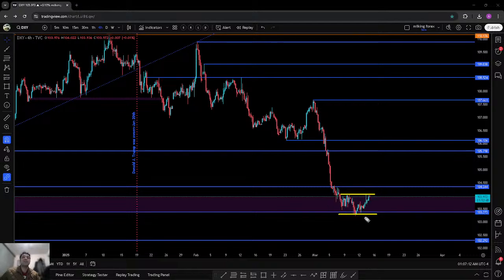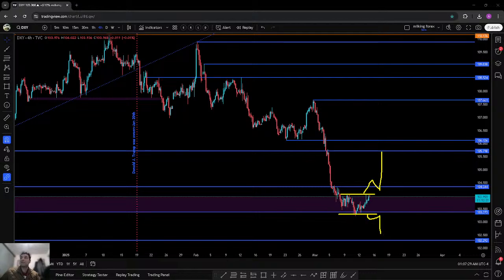But overall, if we see this in a range formation right now, there might be a push on the upper side and then we can expect that. But maybe on Friday we might see a little bit of a breakout, then a pullback, and where the market is going to close around this range. This is what I personally believe.